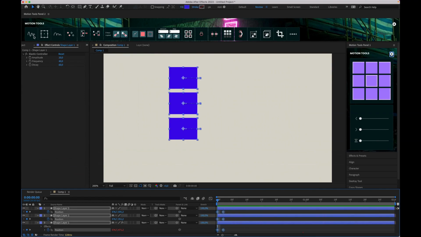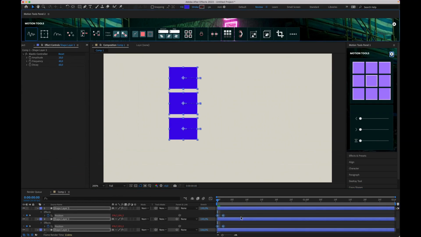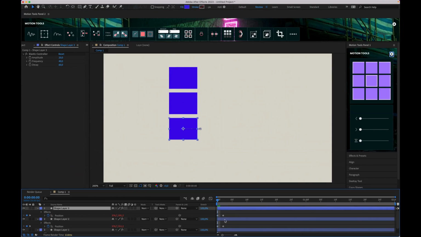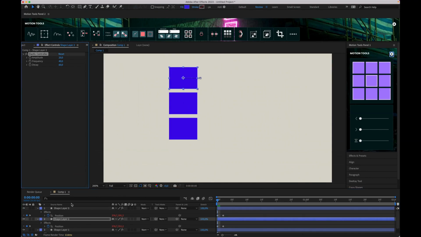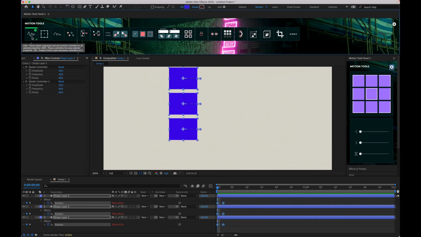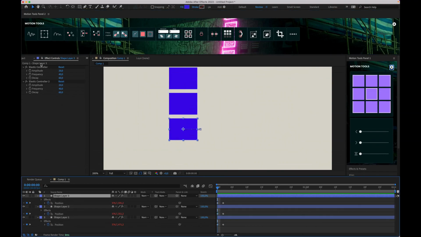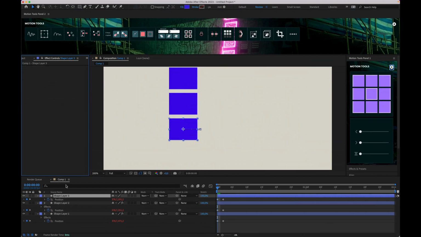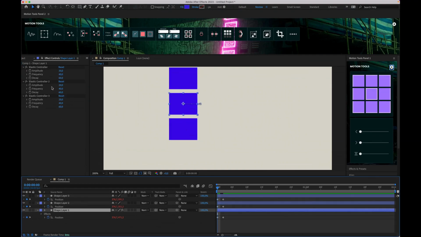If you choose all keyframes of all layers, it will make an expression for all layers, and you can see a slider placed on each layer. So if you want, for example, to make only one slider and manipulate all rectangles with one slider, you can hold Alt and click